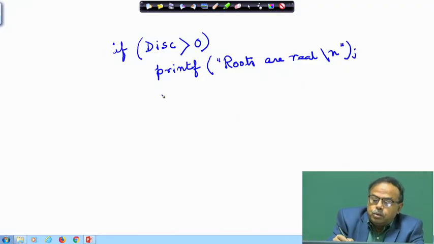Now I compute, say I compute, let us call it